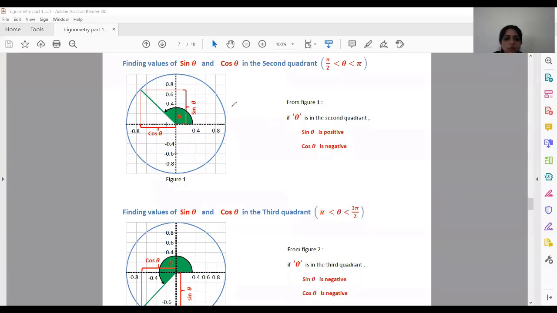check from the second quadrant. Here is the second quadrant. In the second quadrant, the sine is positive, but the cos is negative. In the first quadrant both are positive, but in the second quadrant, the sine occurs here. So sine is positive, but the cos is negative. So cos negative, sine positive. In third quadrant,